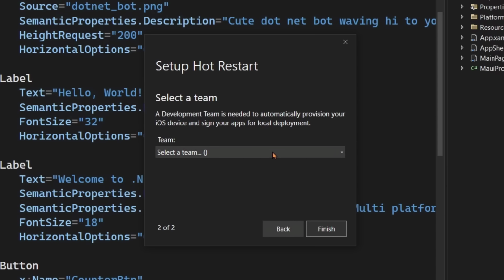So all I need to do is come in and select my team. Now, I'm going to show you how you set this all up, and the documentation is great. What you'll do is create an API key in the Apple Developer Portal and plug it into Visual Studio. I'm going to select my team. This is going to go through, make sure all the provisioning profiles, everything is synchronized and good to go, and